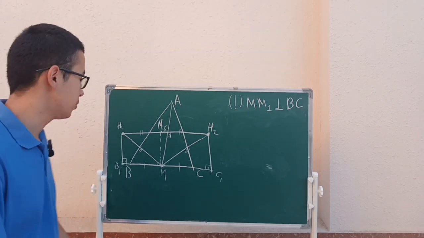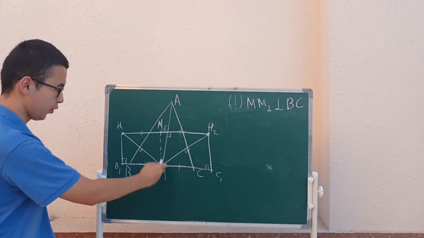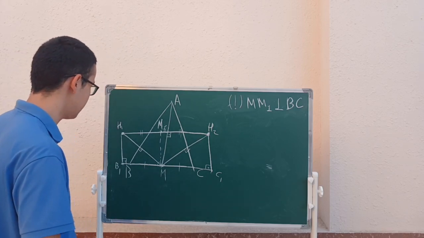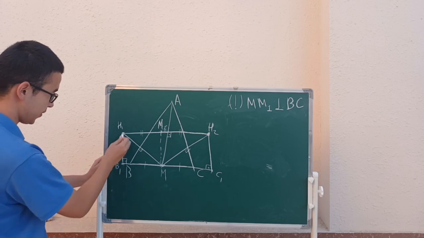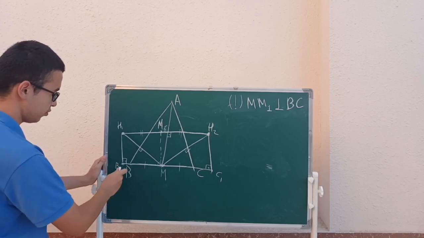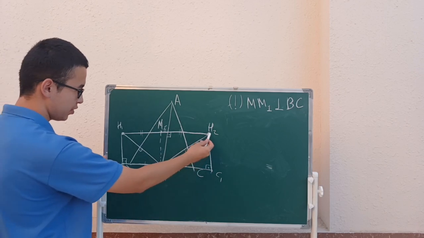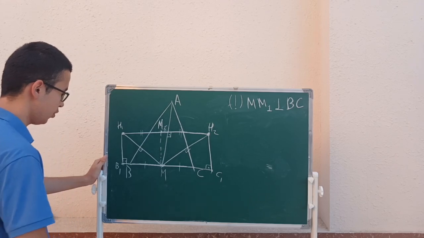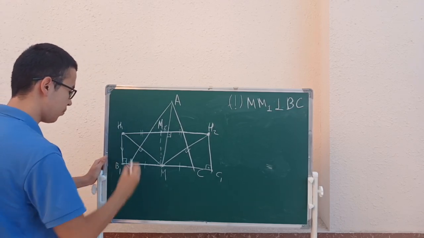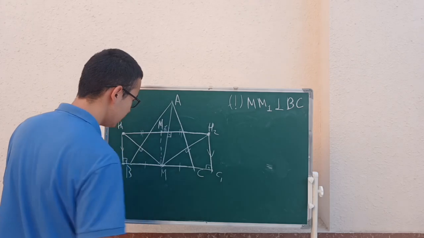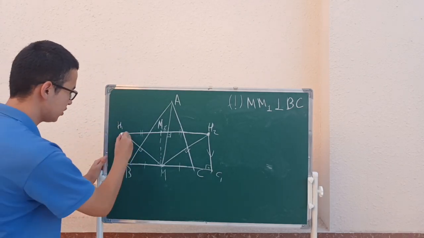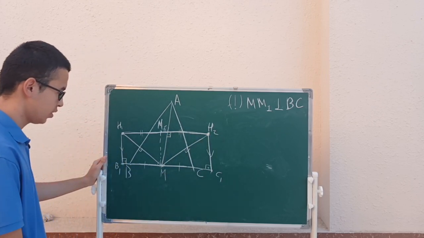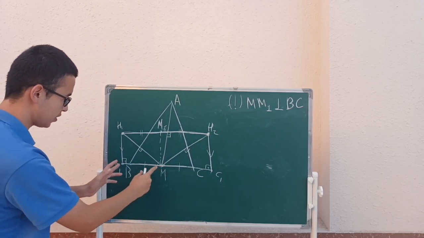So I think the most obvious way to connect those points is by the lemma about the right angle trapezoid. If we add a perpendicular from H1 to BC, let's say it would be B1, and a perpendicular from H2 to BC, let's say that would be C1. We know that H1B1 is parallel to H2C1, and we know that H1M1 is equal to M1H2. And if we prove that M is